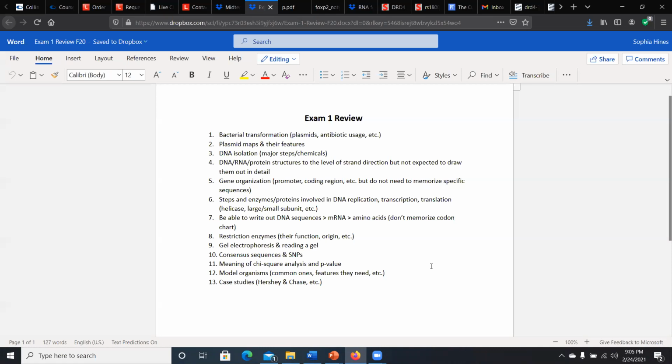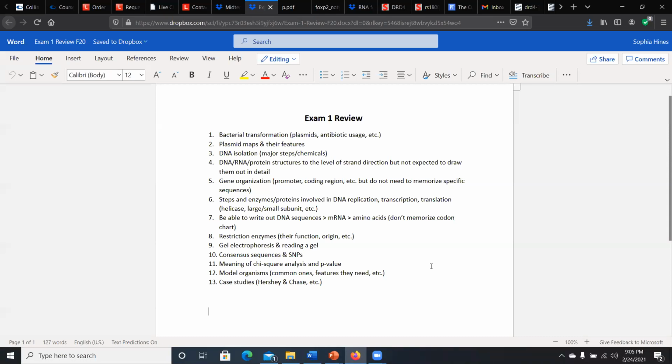So going back to replication, polymerase 3 is the main workhorse, and polymerase 1 just comes along to remove the little RNA primers and replace them with DNA. But everything else is done by DNA polymerase 3. So we don't even talk about 2. We don't even talk about the eukaryotic versions, anything like that.